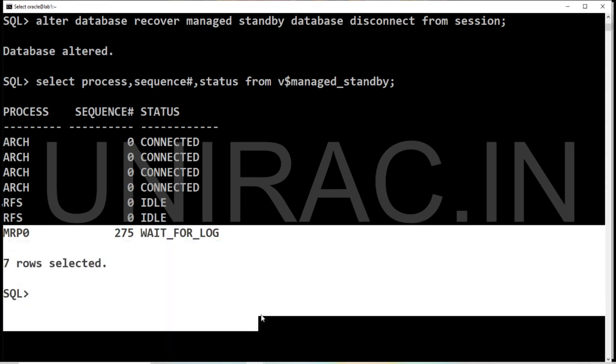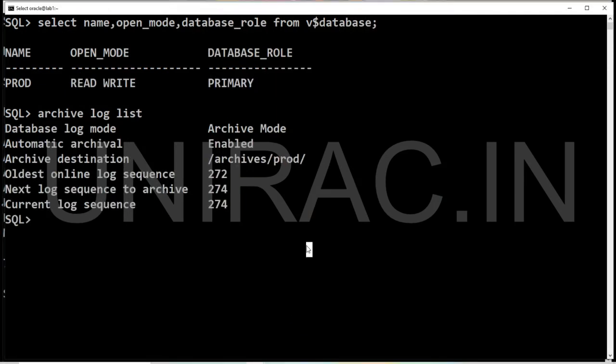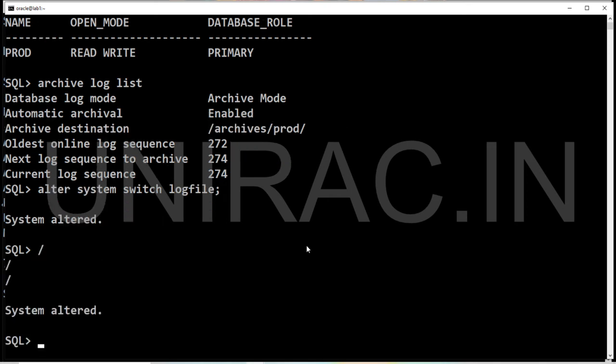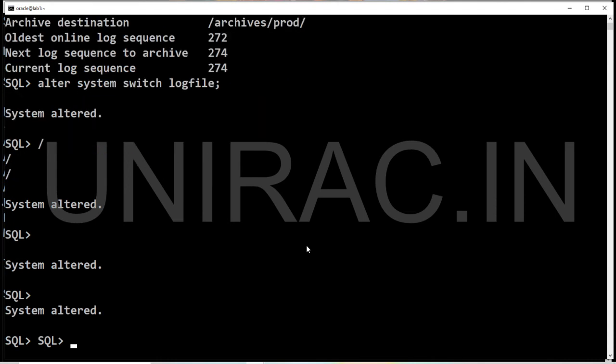We'll do a log switch in our primary now, and verify whether we're able to apply the archive from the primary. I have repeated the statement 5 times. Now let's verify the archive log list in your primary.